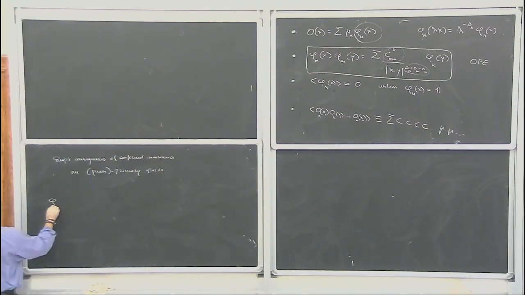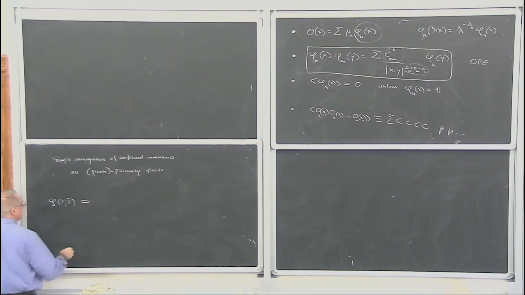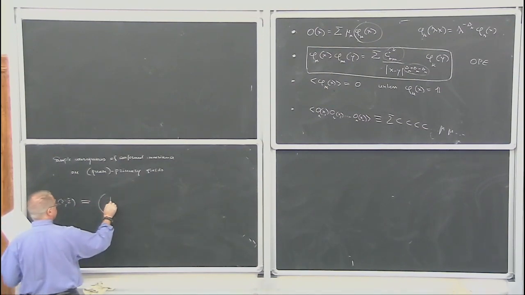So primary fields, I'm just using the z bar part. If you want, let me write down the first time the full glory, but then I will skip the z bar part. So a quasi-primary field is something which